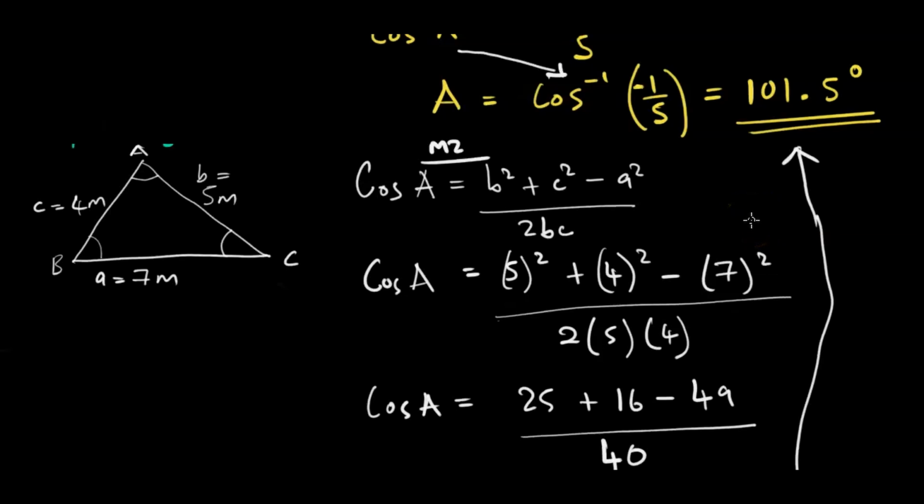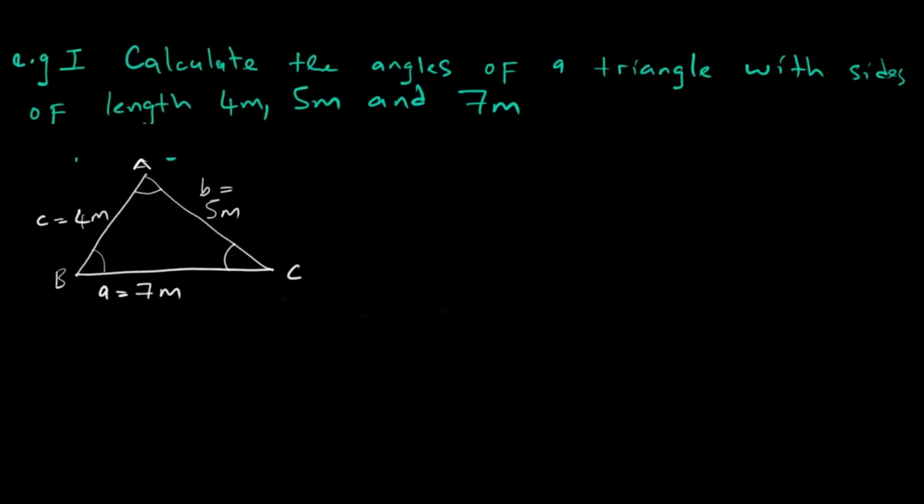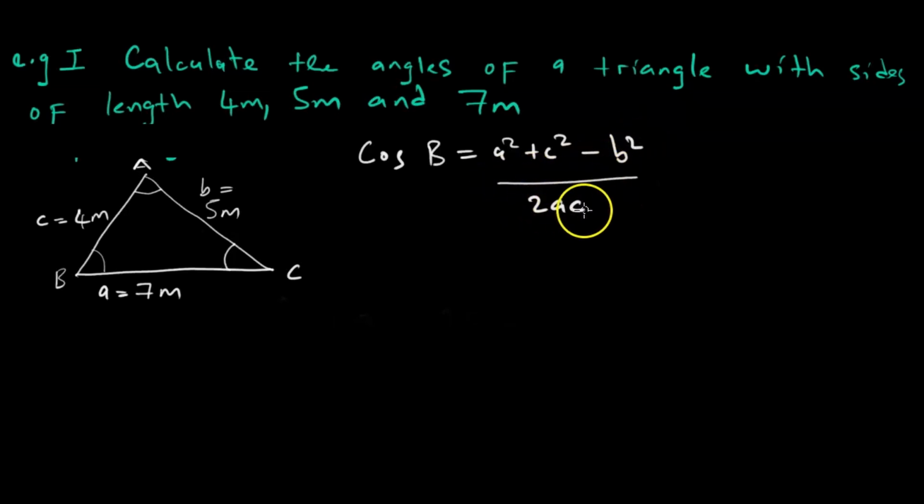So you pick what you want to use. Either you use the cos A formula when you want to find the angles, or you keep using the one that starts with a squared. So for finding b and finding c, I will use the one that starts with cos b and the one that starts with cos c. We want to use cos b is equal to a squared plus c squared minus b squared over 2ac.